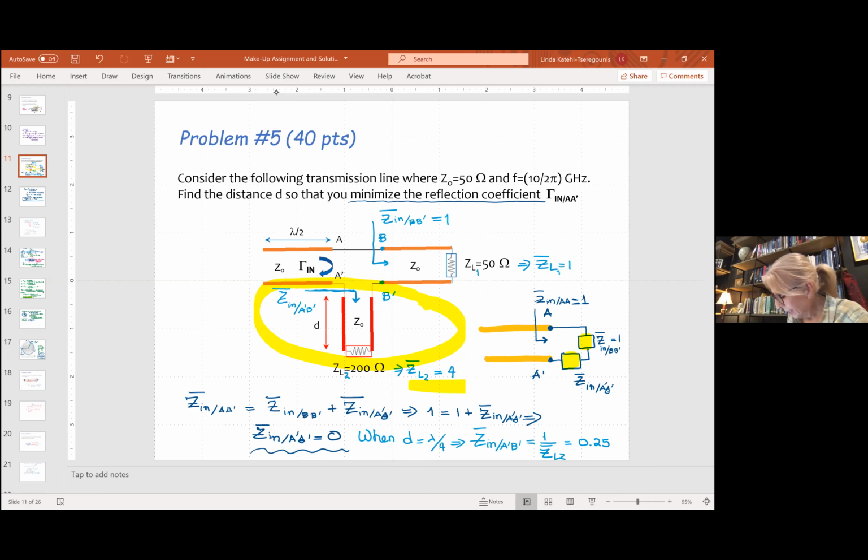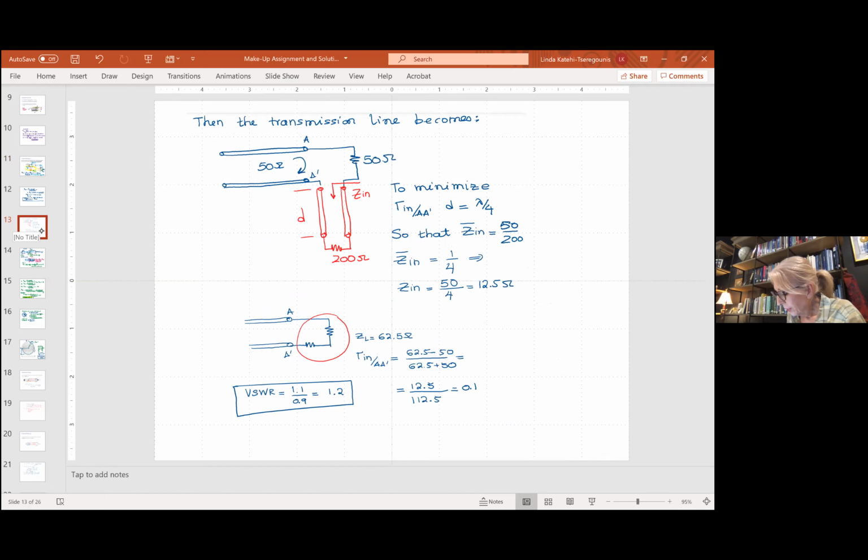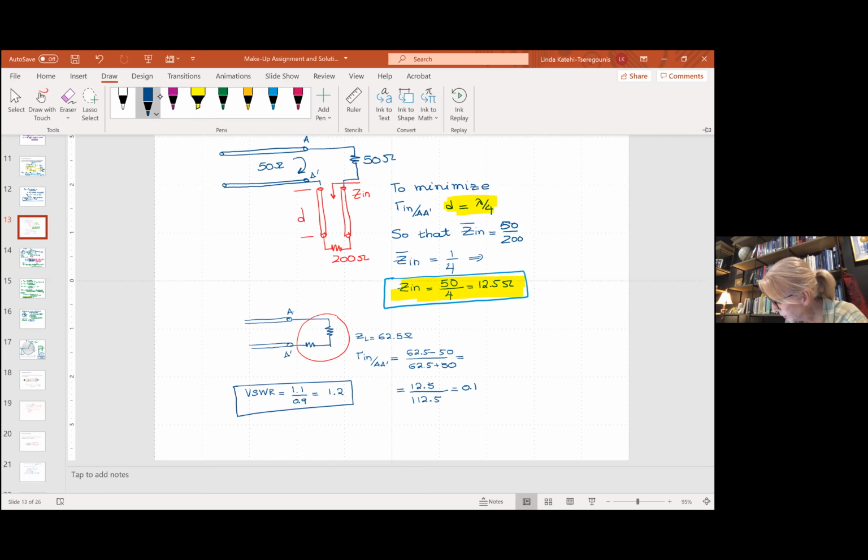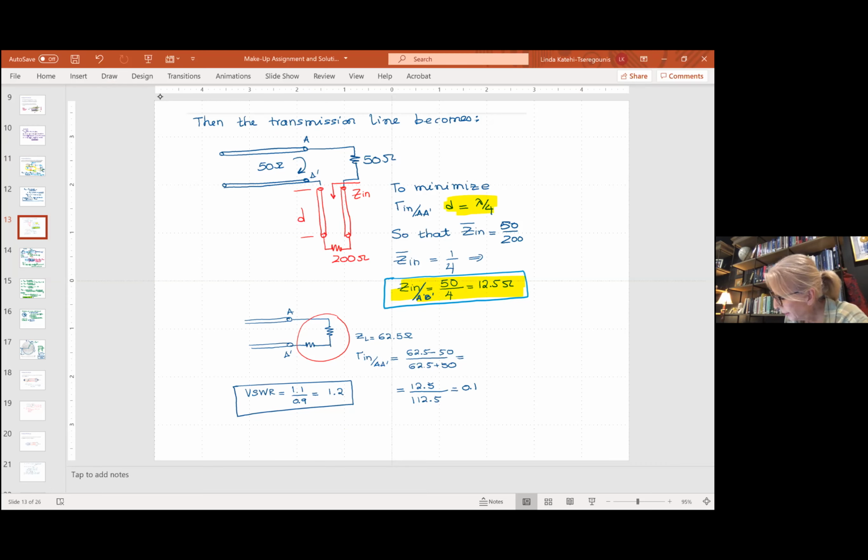So practically, if I make D to be lambda over 4, then my Z input at A prime, B prime takes its lowest value, which is 0.25. Okay, and in fact, it's like here. You see that? So practically, if that happens, then the Z input at B prime becomes 12.5 ohms. And that's the lowest